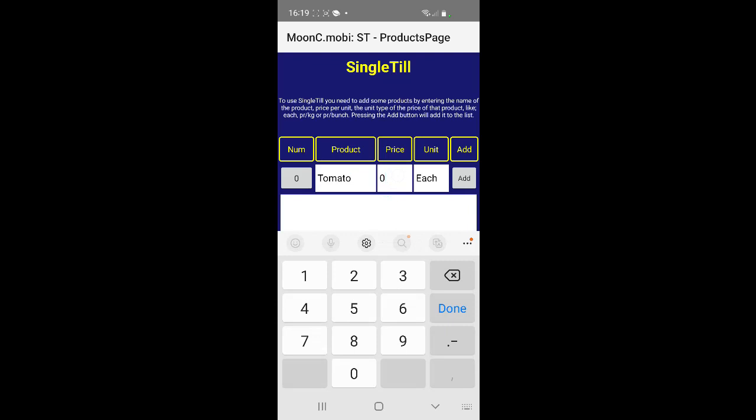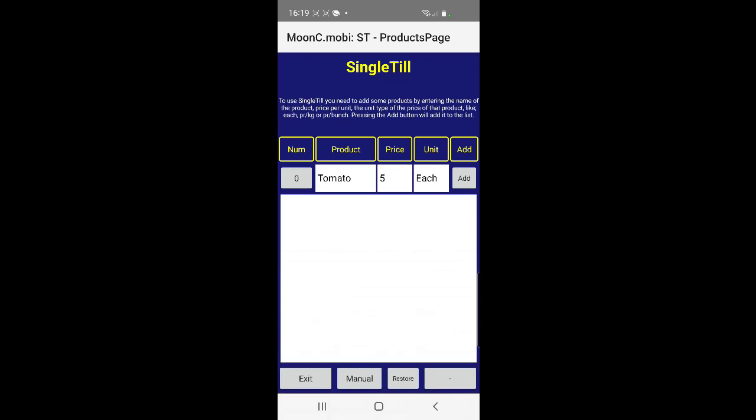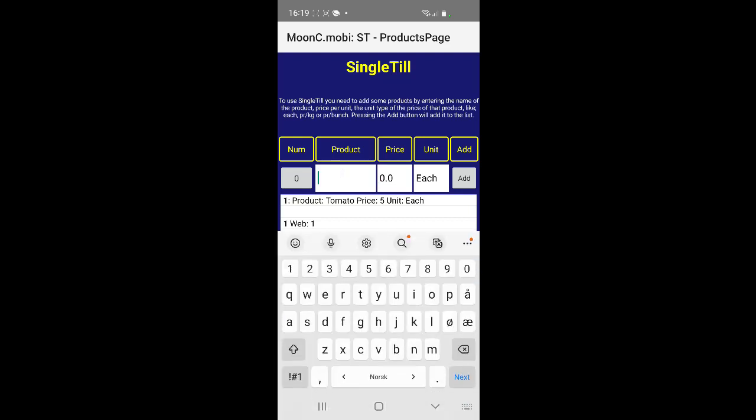So each tomato will cost, and you use the price in your own currency. I'll be setting the price at 5, and then I will press add, and you will see the first line there is tomato, price 5, unit is each.